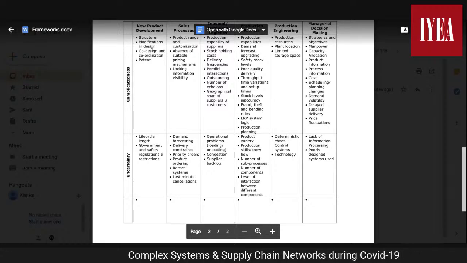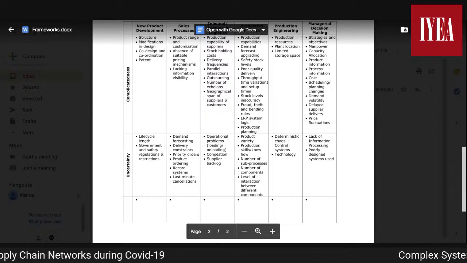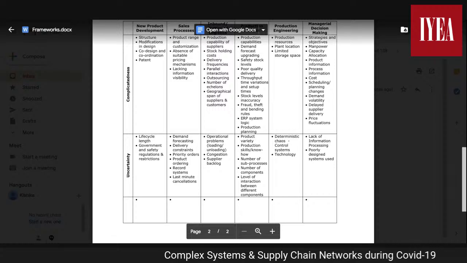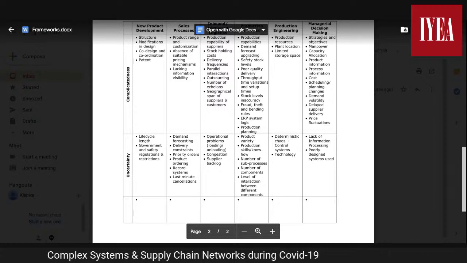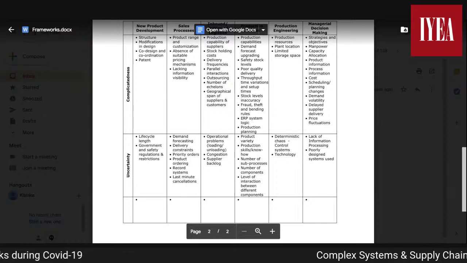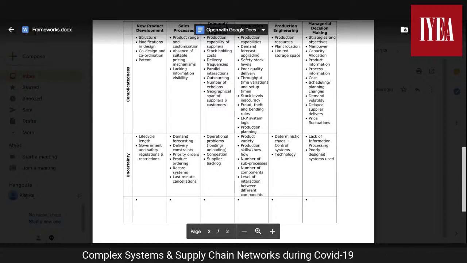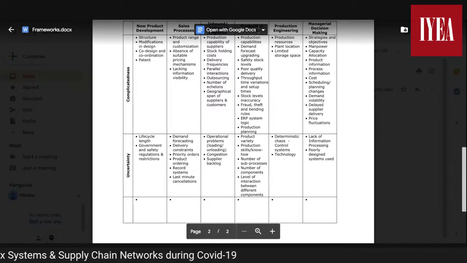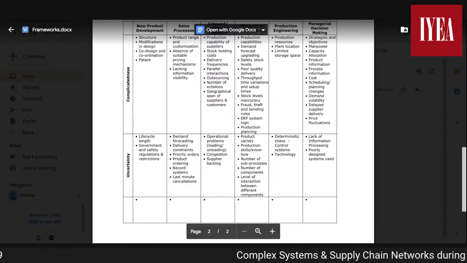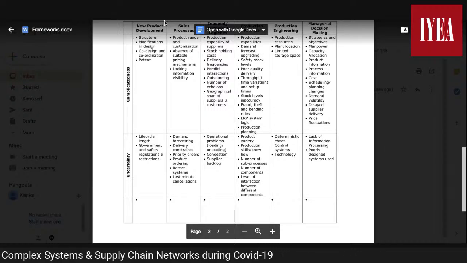Production processes, if you talk about them, again, complicatedness arises from production capabilities, inventory issues, poor quality of the products, like quality problems, stock level inaccuracies, fraud or theft, or bending of the rules, and problems with production planning. And uncertainty, again, would arise from the product variety, because that is correlated to the raw material variety. So the more the number of products, the more the number of raw materials, and the more the variety of raw materials. And of course, the number of sub-processes and the number of components involved, and the level of interaction between different components.